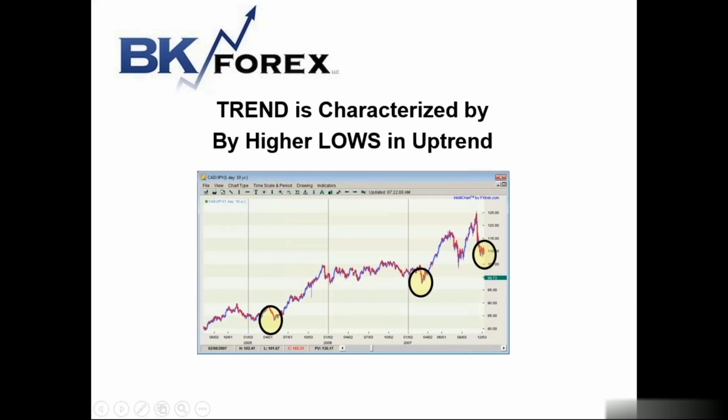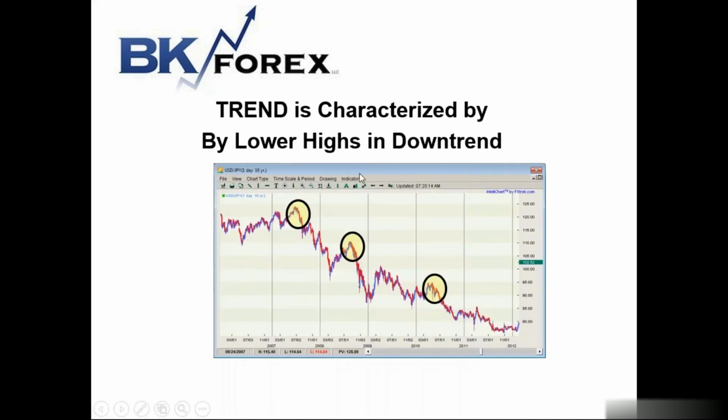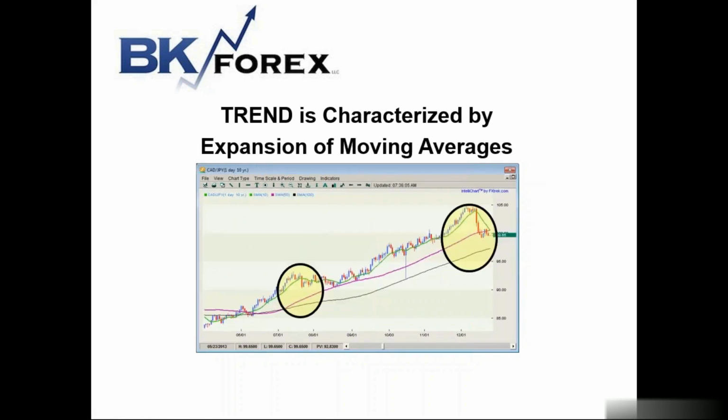Trend is characterized by higher highs and higher lows in an uptrend and lower highs in a downtrend. So in order to identify a trend, you want to look for higher highs or higher lows. In a downtrend, you have lower highs and lower lows, and that's what kind of defines a quote-unquote trend-based market. Trend is also characterized by an expansion of moving averages. When you have moving averages kind of widening, that's when we're in a trend-based environment. And the wider the moving averages, the further away they are from each other, the stronger the general trend in